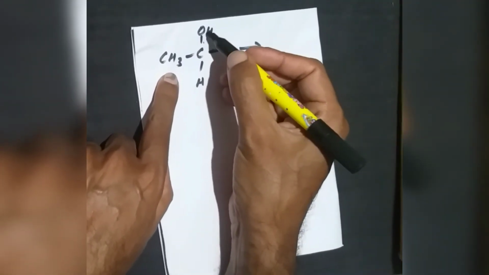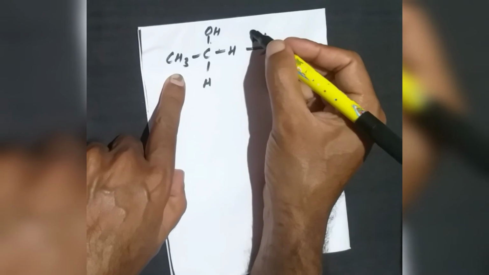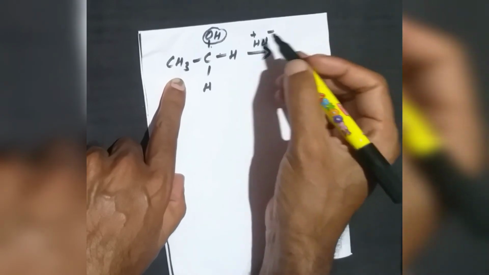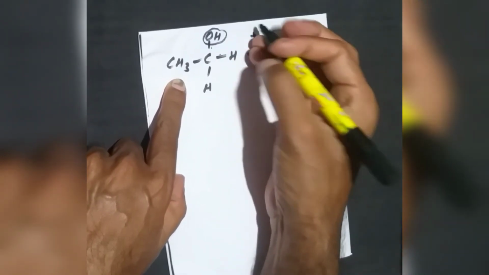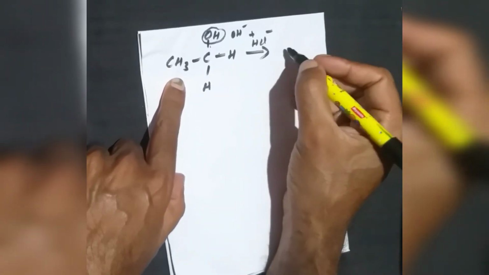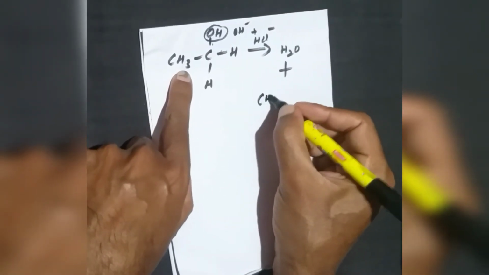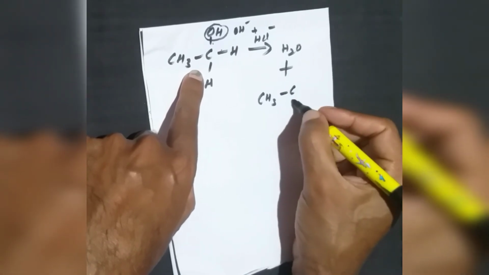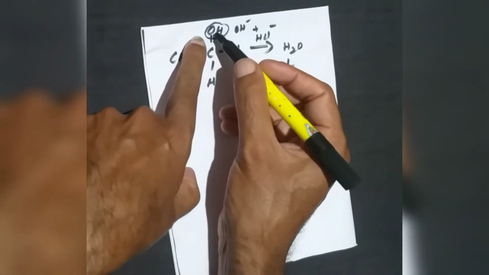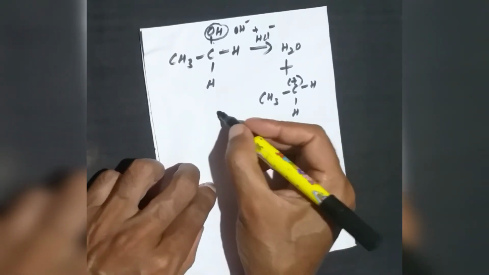Now once again with the HCl, the H plus and Cl minus, this OH will take the electron from this carbon and leave as OH minus. It will react with the H plus to give a water molecule, so a water molecule will be liberated. Now it will be CH3, C, H and H. Once again the carbon is losing an electron to the OH, so it becomes a plus carbocation. This is the final step.